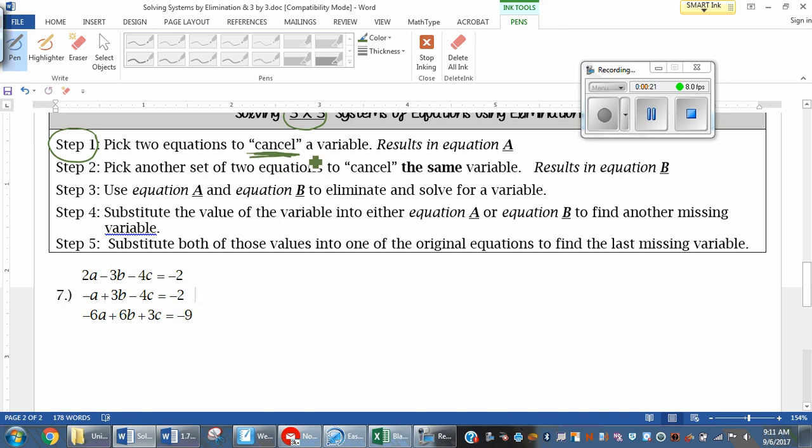What I want you to do, look at the variables. The a's, we would have to change a couple of them in order to get them to cancel, but if you notice the b's, so we're only picking two equations right now. Equation 1, equation 2, those b's will cancel out nicely. So let's stay organized. This is step 1. We're going to rewrite them just as they are, minus 3b